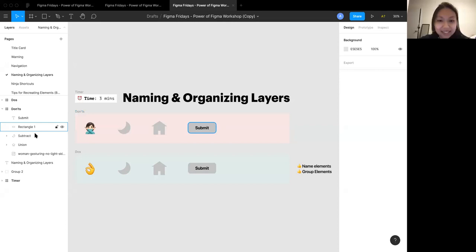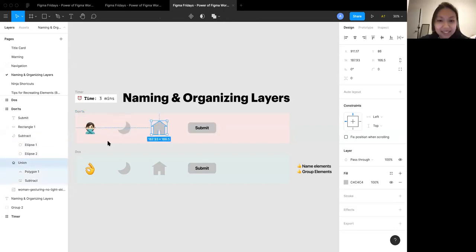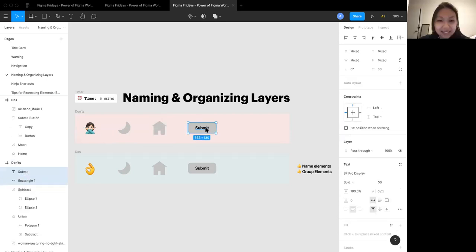Unions, which we'll talk about later, name each. Instead of just selecting, you can press Command G and